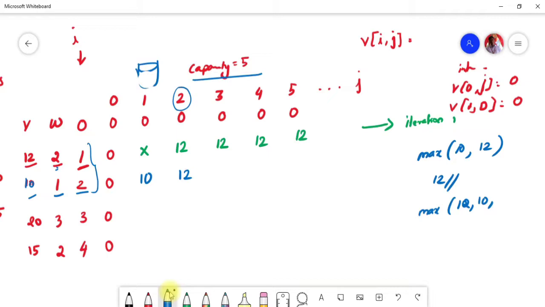That means the total value is 12 plus 10, which is going to be 22. So here you are going to accommodate 2 items, right? The maximum value is going to be 22. We have obtained 22 from these 2, right? So for this capacity, I can have the value 22, right?